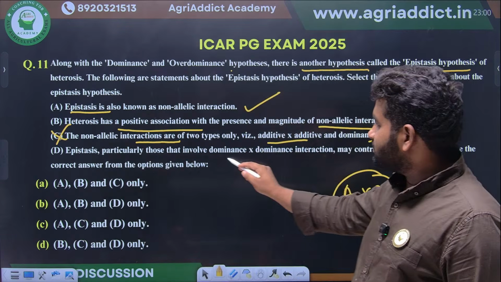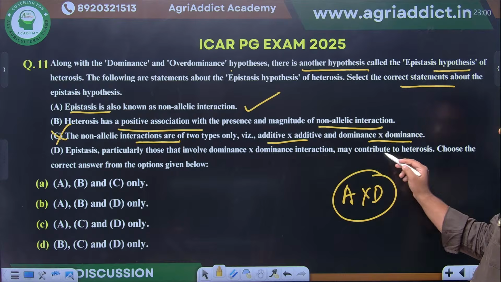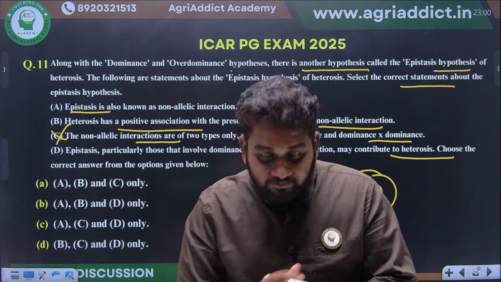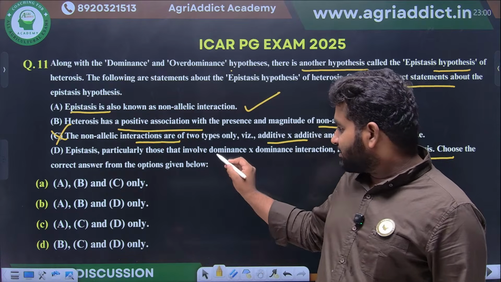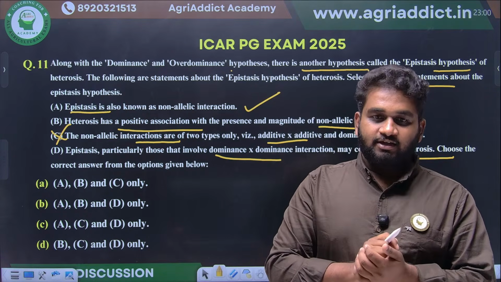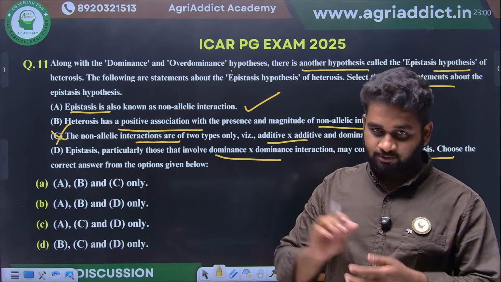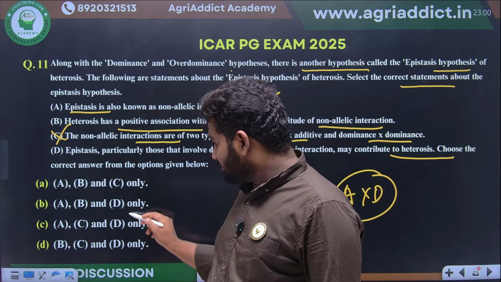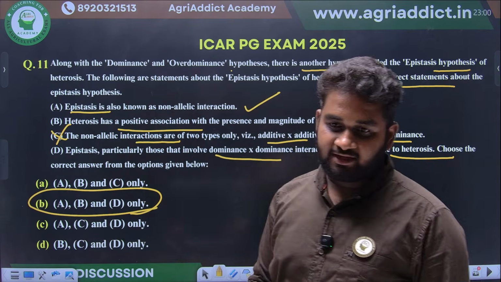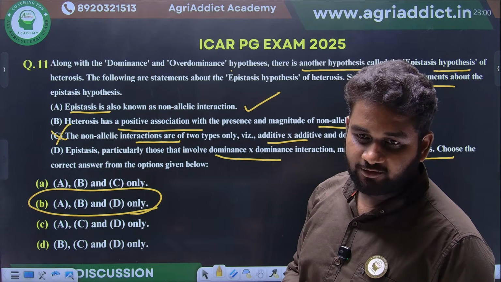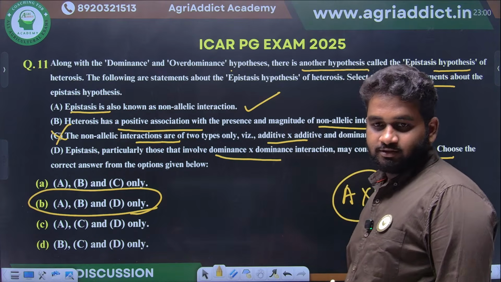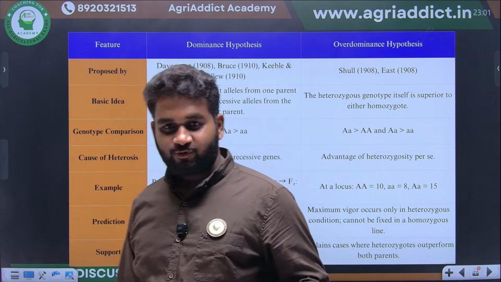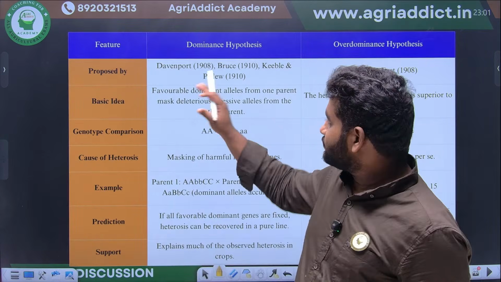Epistasis, particularly those that involve dominance into dominance interaction, may contribute to heterosis. Yes, your epistatic hypothesis will explain. Out of the three interactions, dominance into dominance makes the major contribution to heterosis. That's what it tells. Your answer is, you should neglect C, so that your answer will be A, B, D only. Yes, good. Preeti, A into D, good. Shinchan, good. Before we enter into the next questions, first we should know these two important